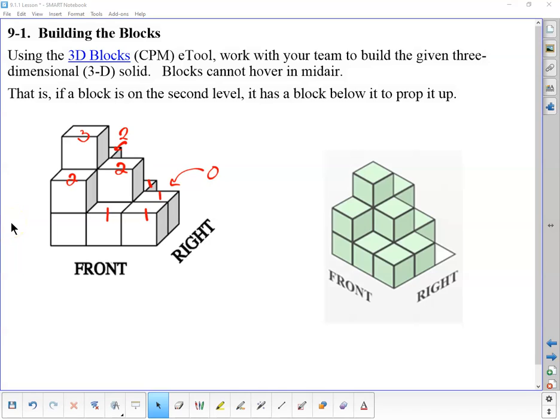Okay, so now I've taken the picture from the 3D block builder and put it here, and now we're going to compare to make sure we've got 2, we've got 3, then we have 2, then we have 1, 2, 1, 1, and 1. What I just wrote down is actually going to end up being the top side. So if we look at it from the top, with the front here, and then we have the right side here,